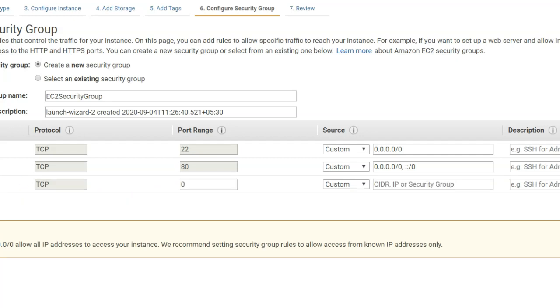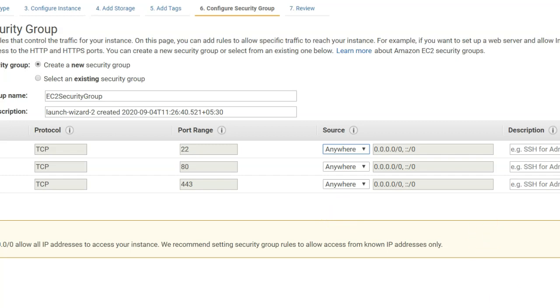Then go to HTTPS, select it, and then you need to select the source, anywhere. The source can be anywhere, and the destination would be your EC2 instance. Though you have the options of either my IP address or a custom IP address, you can use them, but just for this lab, I'm going to select anywhere.